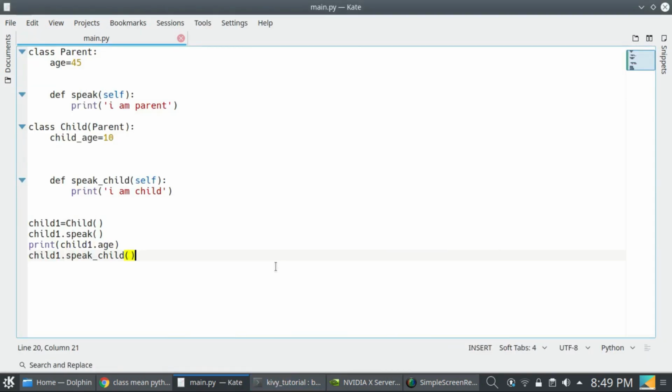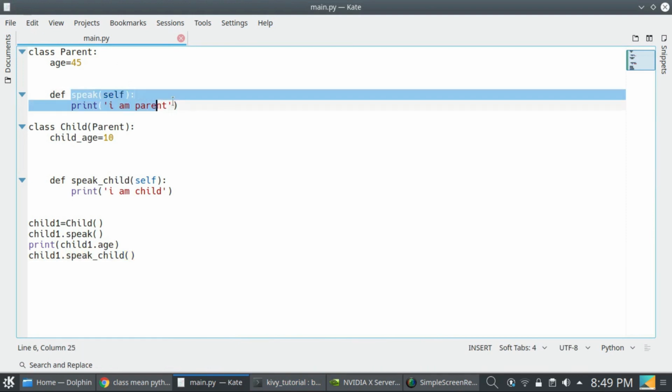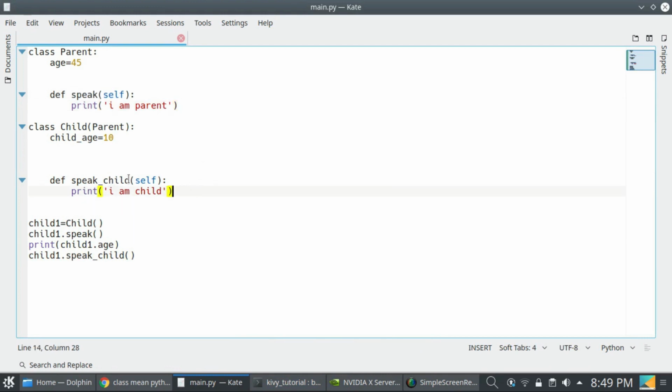Now method overriding. Method overriding means here we have already defined the speak method. We can also override speak from the child class. So see here, two methods have the same name, so I am overriding that speak method from the parent class in the child class.